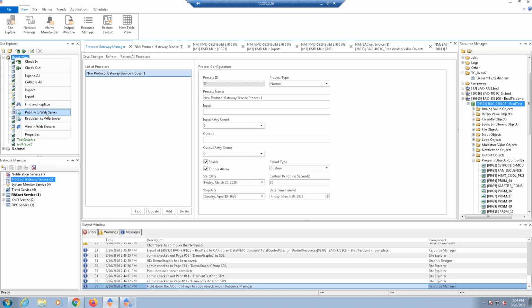Before, we only had this, and if you were in the middle of working on pages, not that they were checked out, but they were available there, it would publish them, and maybe you didn't want that to happen. So we've added the option to republish to web server when you transition over to 4.5, so that if you